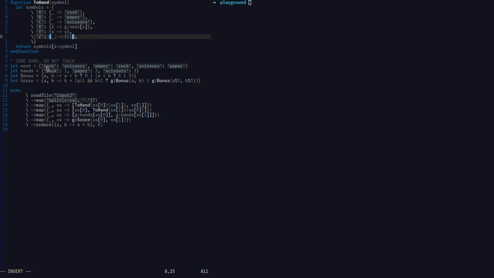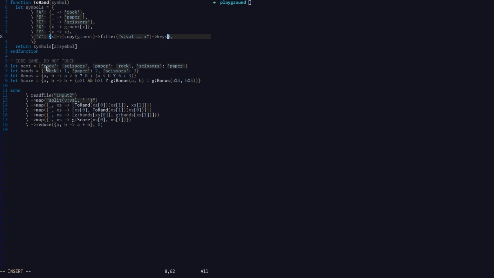It's very simple. We need to filter. Filter mutates the original value, so we need to make a copy. So I'm going to copy the next and I'm just going to filter it. And do I care about the key here? So again, I talked about v value, which is a special variable. I'm going to say if v value is equal to x. Okay, this is x, which is whatever my opponent played.